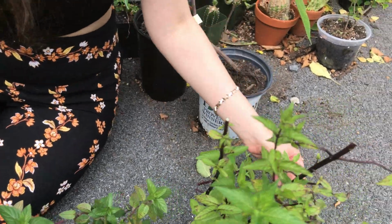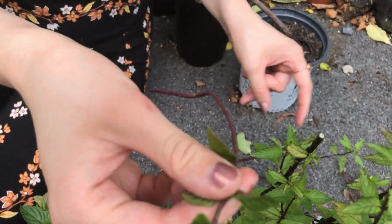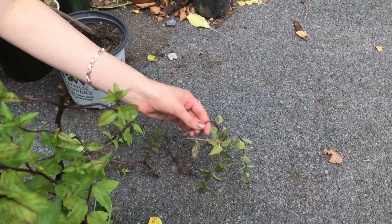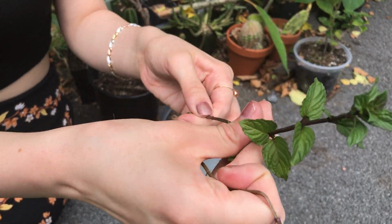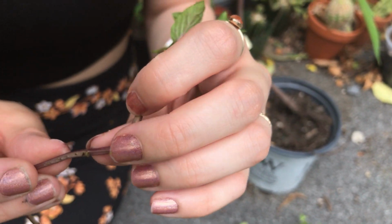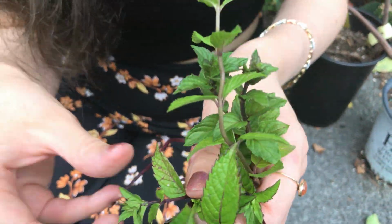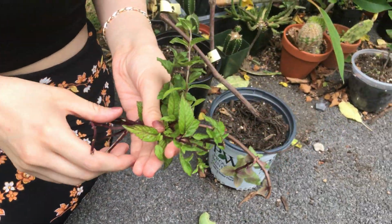I'm going to do the same for the peppermint, just might be a little bit easier. Oh, let me put the scissors down. Just like that. I'm going to get rid of that. Ooh, and as you can see here, there seems to already be some root growth here. So that's interesting. So we're gonna take all of our mints. We're not gonna take all the leaves off because we want it to photosynthesize a little bit,